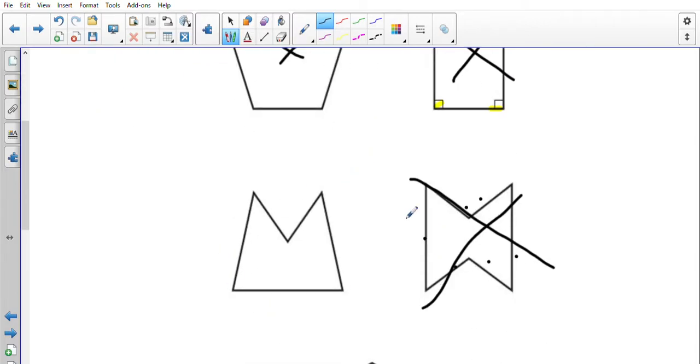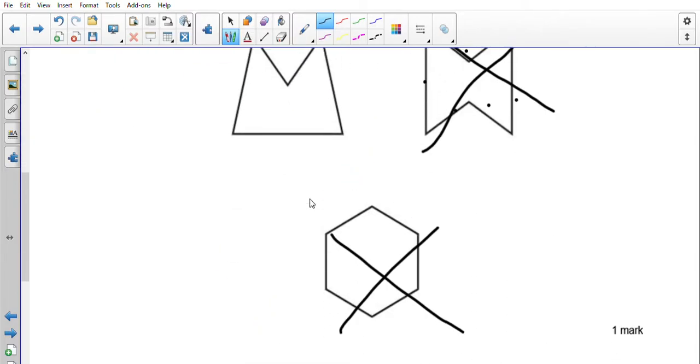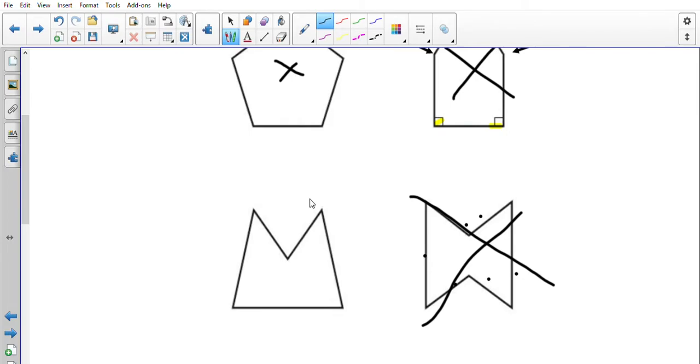That means that this one is our only realistic proposition left, so this one should be the answer. Let's just double check that, shall we? Okay, we're looking for internal angles that are acute. So I believe that one is, I believe that one is, I believe that one is. The way you can check that if you don't have a protractor is you can simply draw yourself